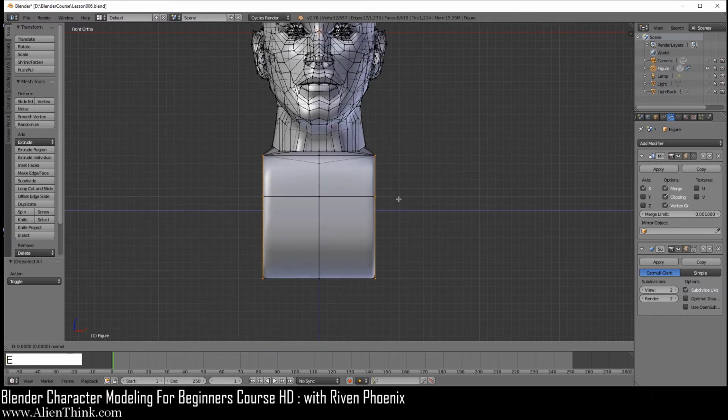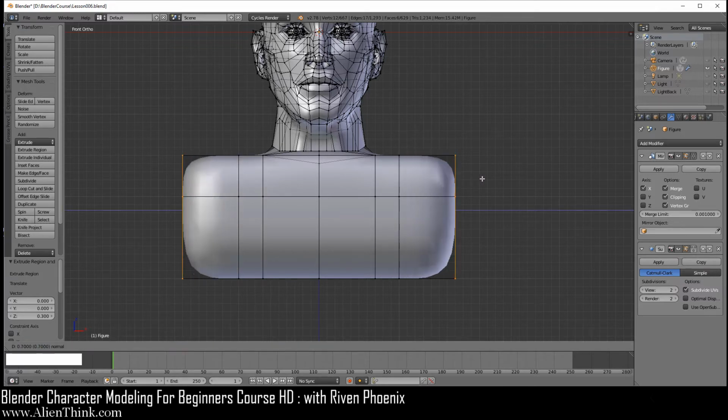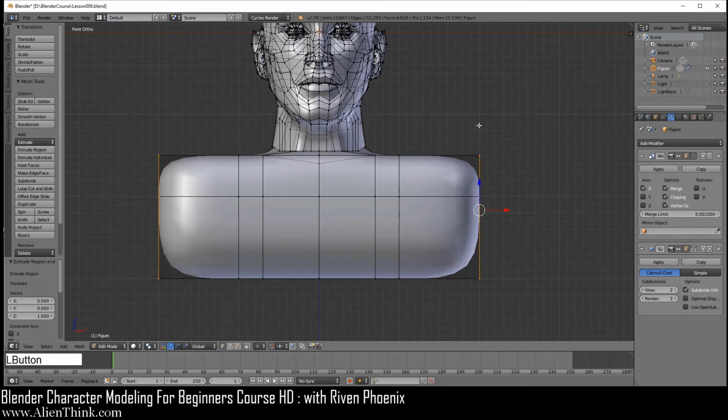So I'm going to do E to extrude by pressing the E key. I'm going to do 1, 2, and then 3, and then left click to confirm this. Now I'm going to do E to extrude, and I'm going to extrude it 1 grid unit. Remember, you can always look over here at the 1.0. So if I do E, you can look at those numbers, and basically I'm extruding it to that 1 grid